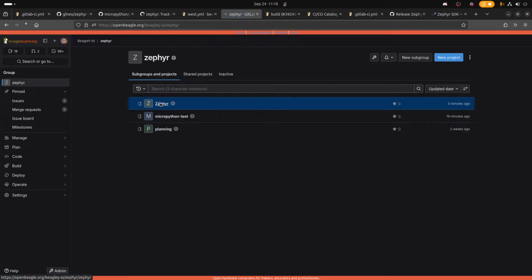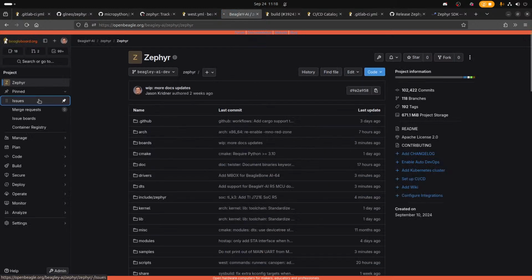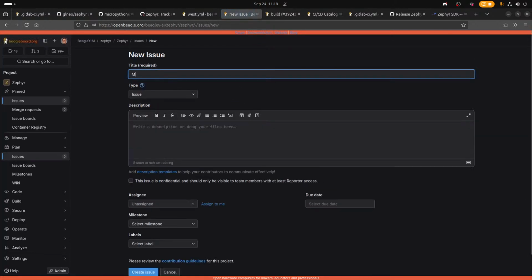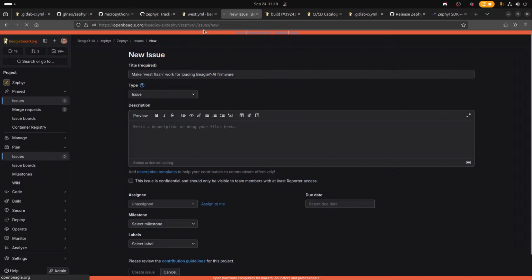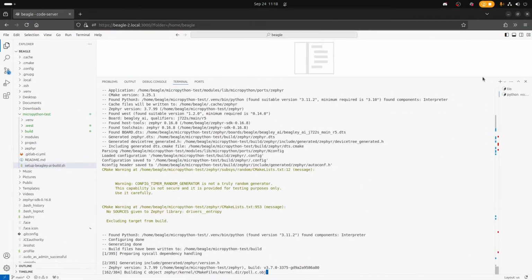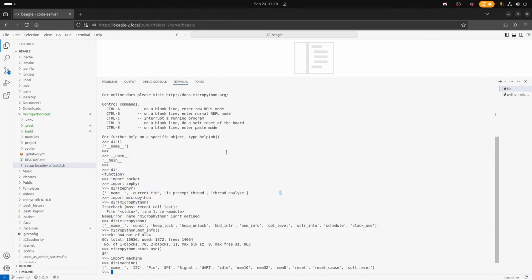Zephyr. Okay. Copy the download link. This one's stuck in here, isn't it?